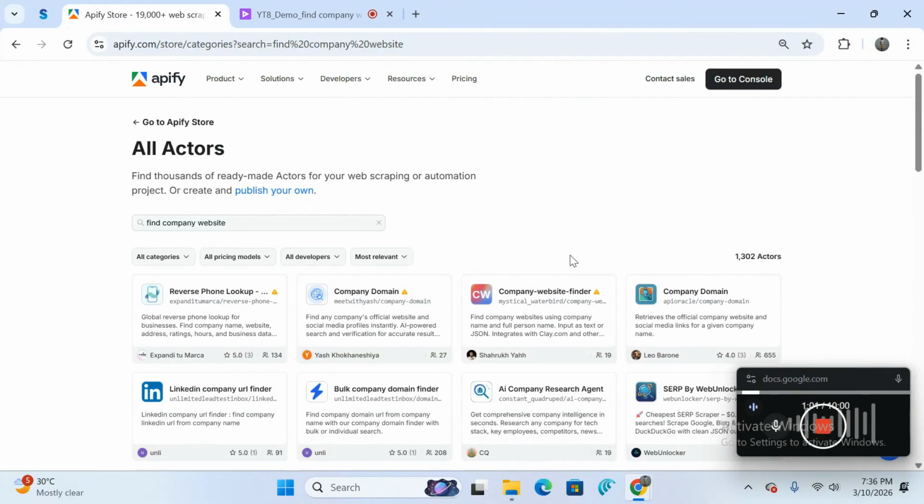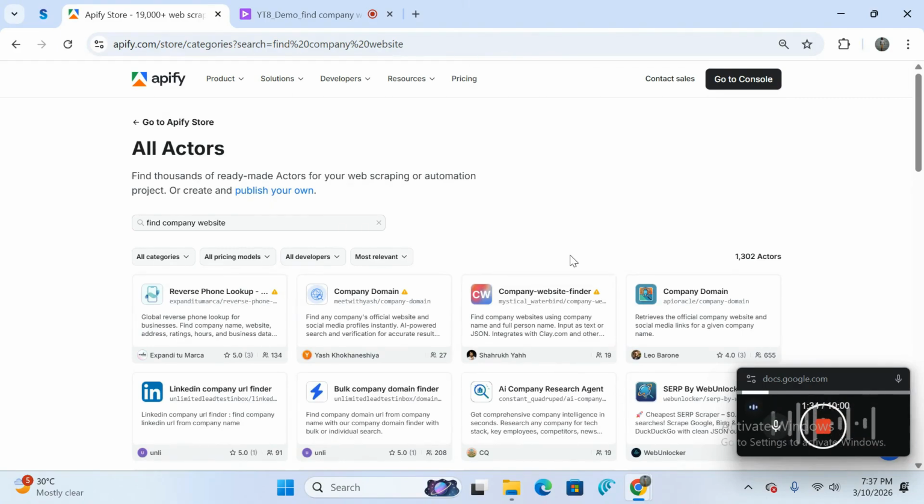In my earlier video, I had mentioned, I think, 1274 actors, but between the last couple of days when I made the presentation and recorded the earlier video versus today, the number of actors has gone up. This is what they call a marketplace, where various people make actors for a similar objective, or combine them in various permutations and combinations, and price them accordingly, and it is for you to judge which one is going to be useful for you.